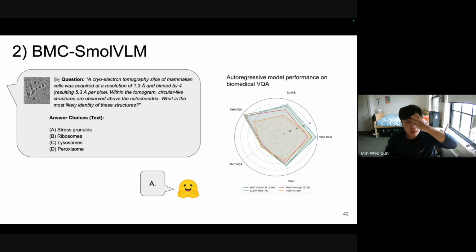So moving on from embedding models, second application, autoregressive VLM. We took Hugging Face's open source SmolVLM model, and we fine-tuned it further on Biomedica data. And of course, we had to convert the captions into instruction tuning style data. So as an example, this kind of image VQA style format on the left is about microscopy image understanding. And by doing so, we were able to show that a model like SmolVLM can perform quite well on closed VQA tasks, on common medical VQA tasks.